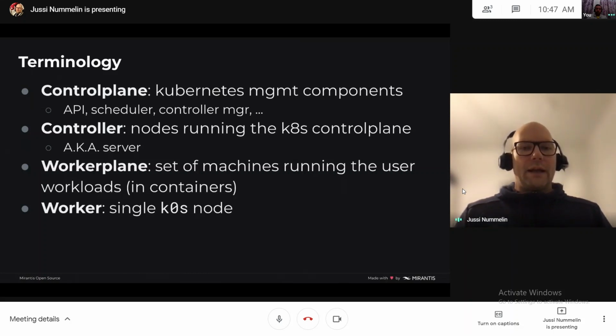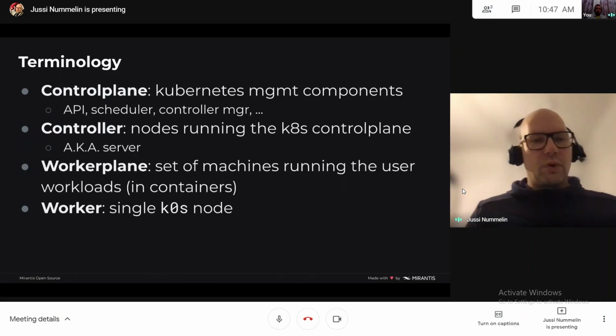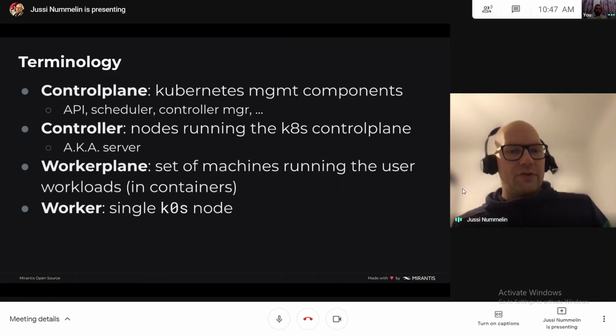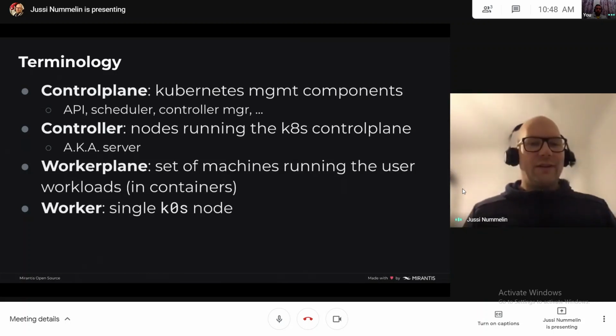And a controller is a node that runs these control plane components. In the K0s world and in the documentation too, you might also see the term server being used. So we actually use controllers and servers pretty interchangeably. We should really settle for one single term, and we actually have a GitHub issue even on that. So we need to settle down which one we use.